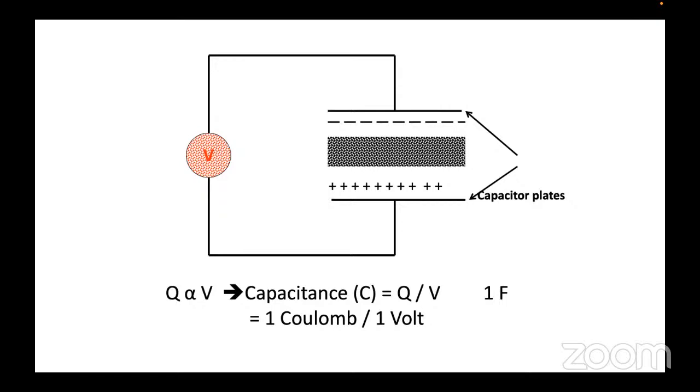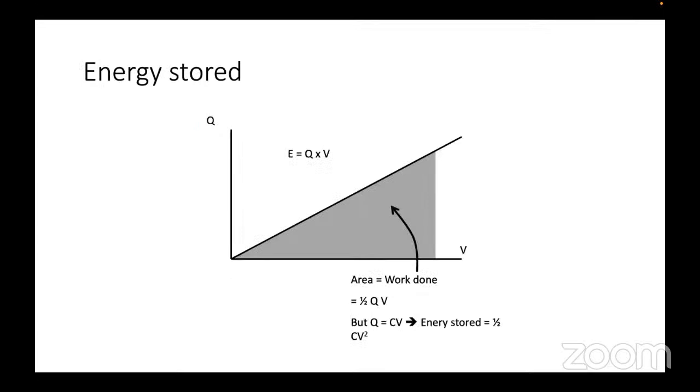And the capacitance is equal to the charge over the voltage. So when you talk about 1 farad, it is equal to a charge of 1 coulomb over 1 volt. So you need to remember this definition. And the energy stored within the capacitor is half of Q, that is the charge,